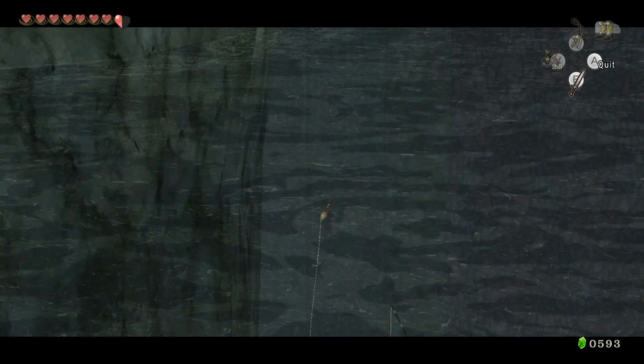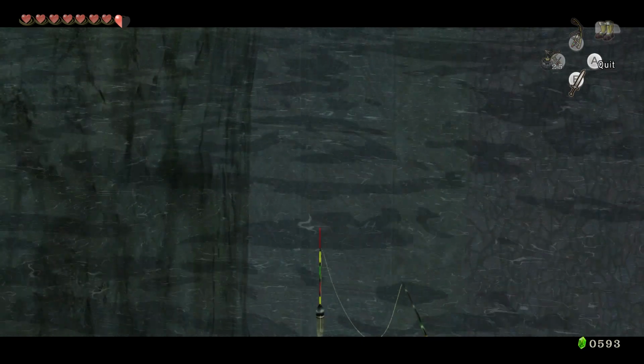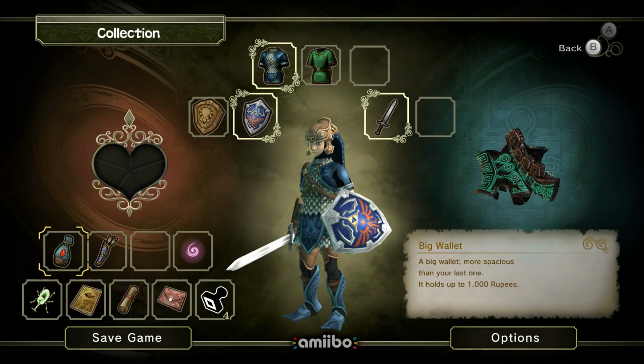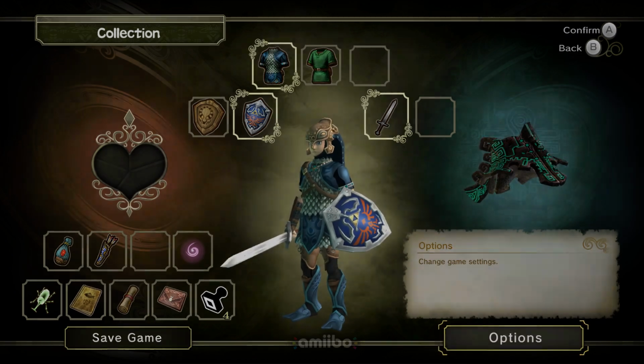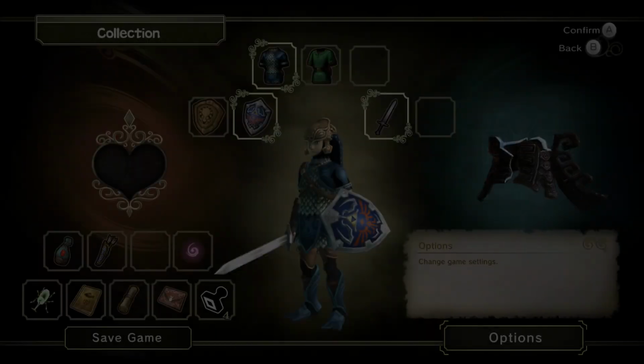It's hard for me to tell what the rod is doing here sometimes. This controller doesn't have rumble, does it? I have rumble turned on, so...